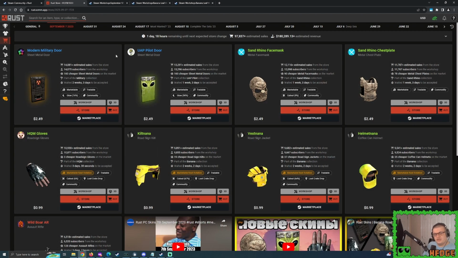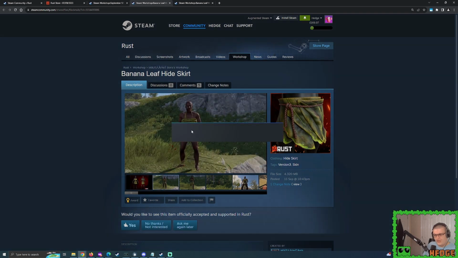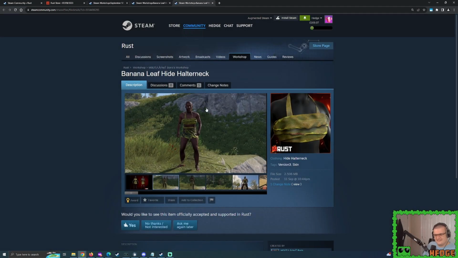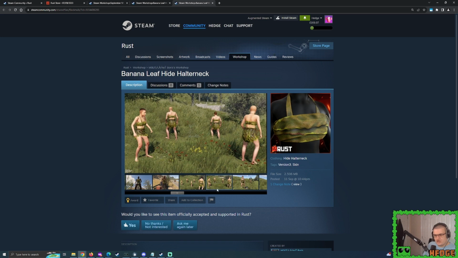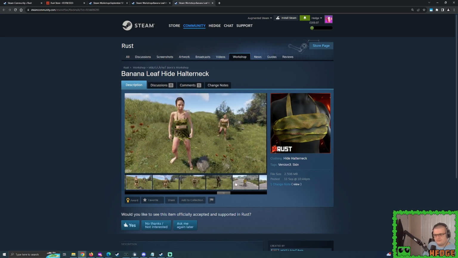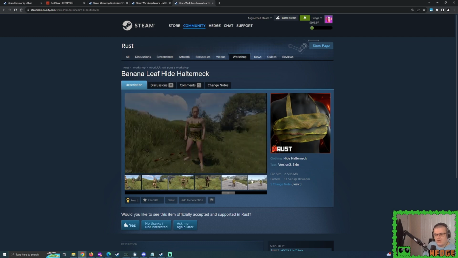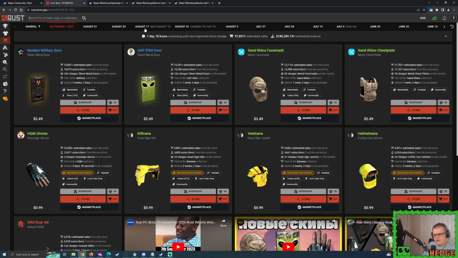So, in the position that we're currently in, this is looking pretty interesting. I know it looks a bit goofy, but well, I mean, it's a male model there, but anyway. Could you say no to this? Do you reckon it looks pretty goofy? I mean, to see more skins for the female characters and whatnot, especially a role player type of skin, I get the feeling this could work out very nicely,